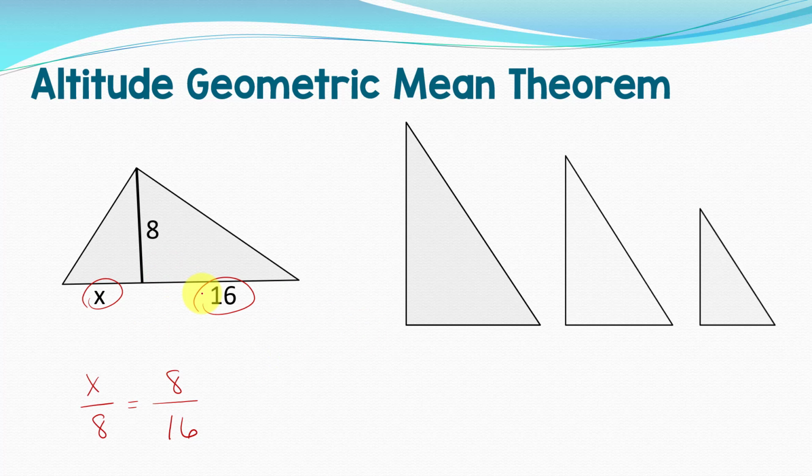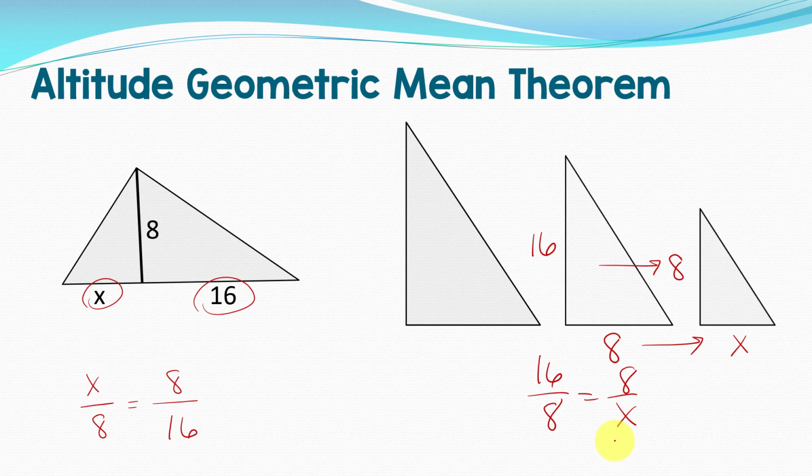Now I'm going to go ahead and show you the similar triangles. 8 is the bottom side of the medium triangle. It is the tall side of the small triangle. It is the small side of the small triangle, x is, and 16 is the tall side of the medium triangle. So again, set up a ratio and a proportion,